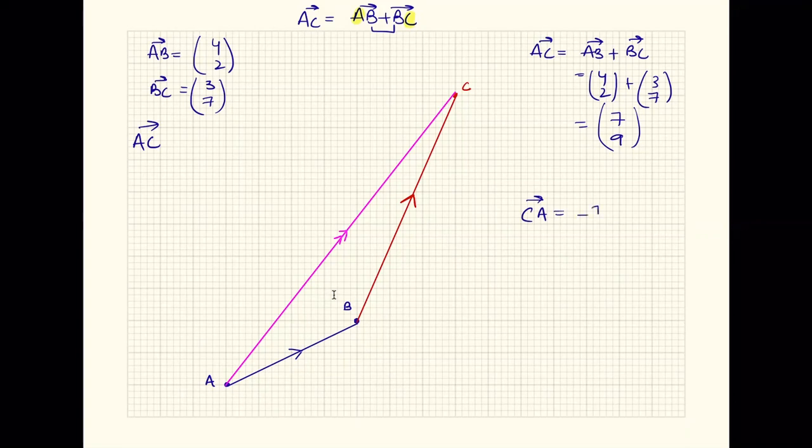-7 and -9. Very good. -7 and -9 because it's just the opposite vector. Okay. Now, vector subtraction is basically the addition of a negative vector. So, for example,